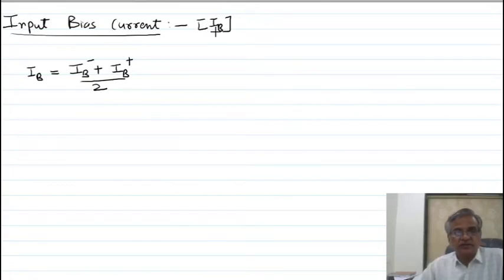Listen again. The operational amplifier input is a differential amplifier, which may be made up of either bipolar junction transistors or field effect transistors. These transistor inputs are biased by some current to operate in the linear region, and it is provided by some external circuit. In an ideal op-amp, the input terminals do not conduct and do not draw any current.